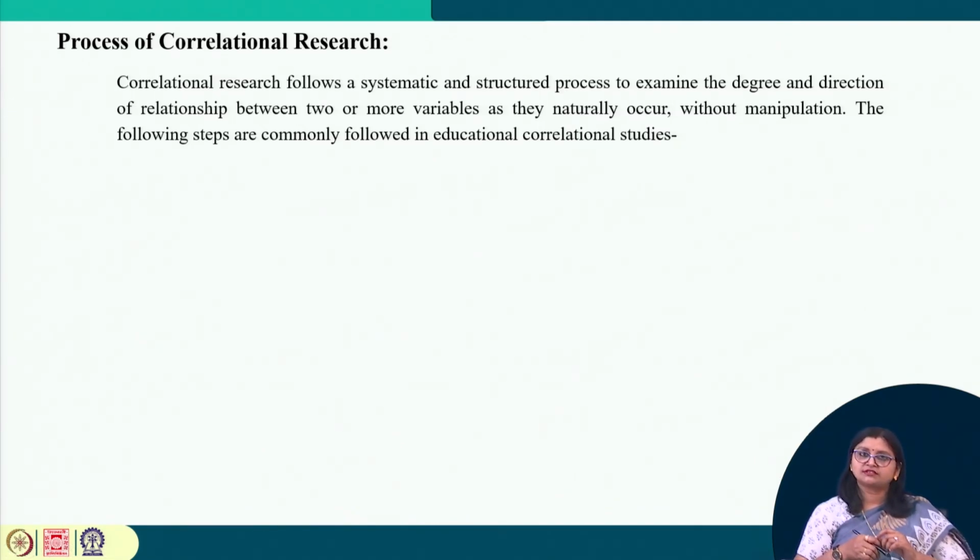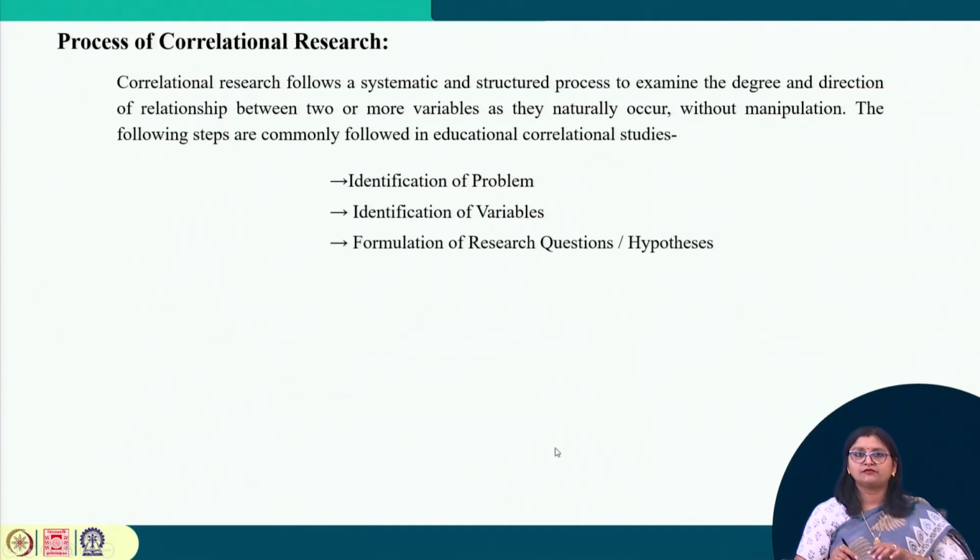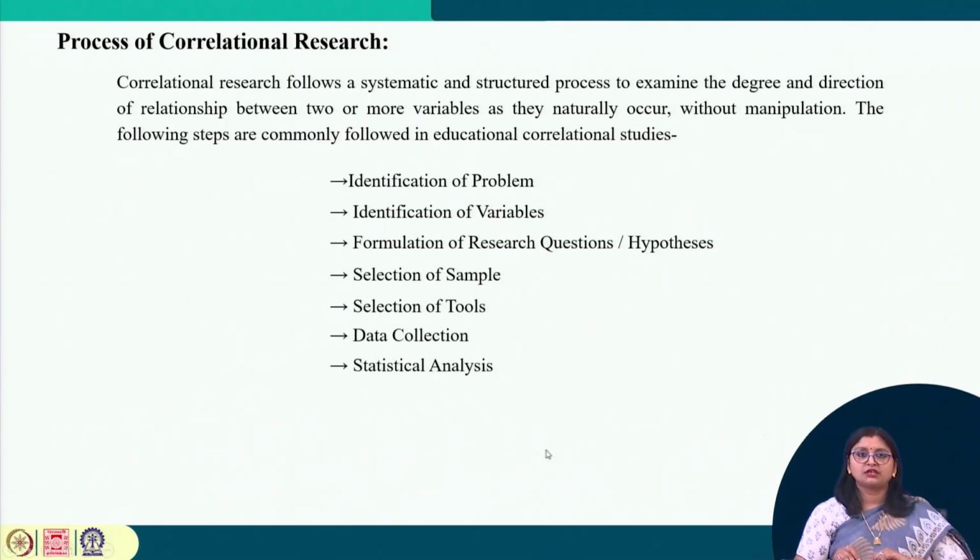Correlational research follows a systematic and structured process to examine the degree and direction of the relationship between two or more variables as they naturally occur without manipulation. The following steps are commonly followed in educational correlational studies: identification of the problem, identification of variables, formulation of research question or hypothesis, selection of sample, selection of research tools, data collection, statistical analysis, interpretation of the results, implication